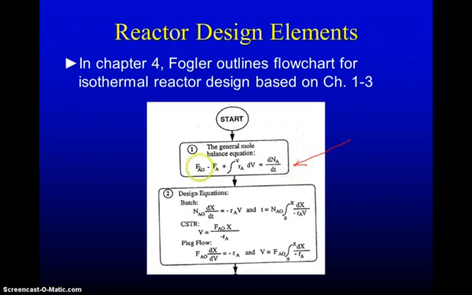molar flow rate of a substance going into a reactor, the molar flow rate leaving a reactor, the rate of consumption by reaction or generation, and that equals the rate of accumulation of material in the reactor. And based on that equation, depending on which type of reactor we have, there are three ideal balance equations, or